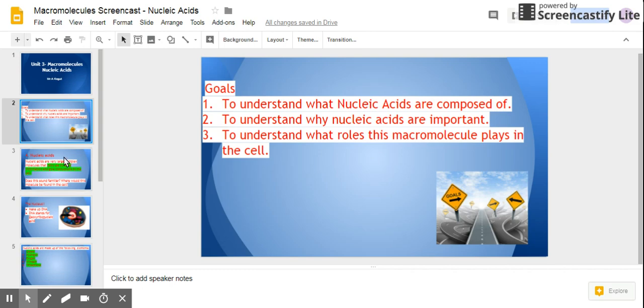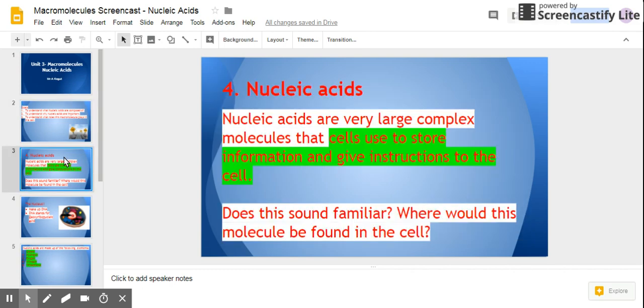A little bit different though today. We should be familiar with this, but we might not realize it. So my question to everybody today is, based on the following information, what do you think it could be? Nucleic acids are used to store information for the cell and instructions for the cell. Think about what we've learned already up to this point about macromolecules,